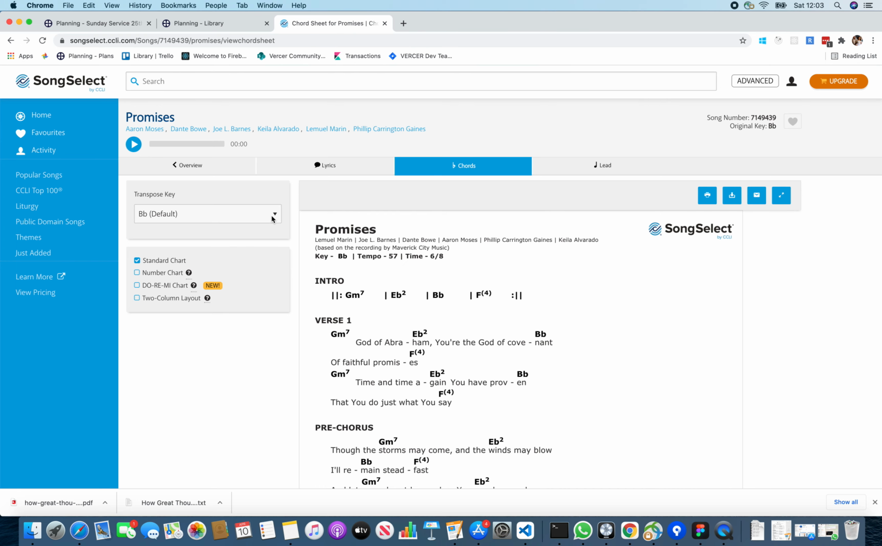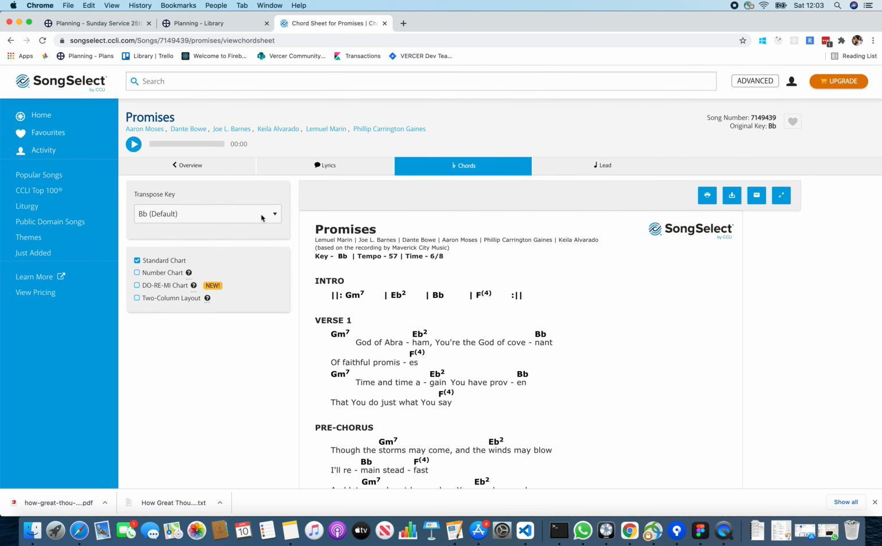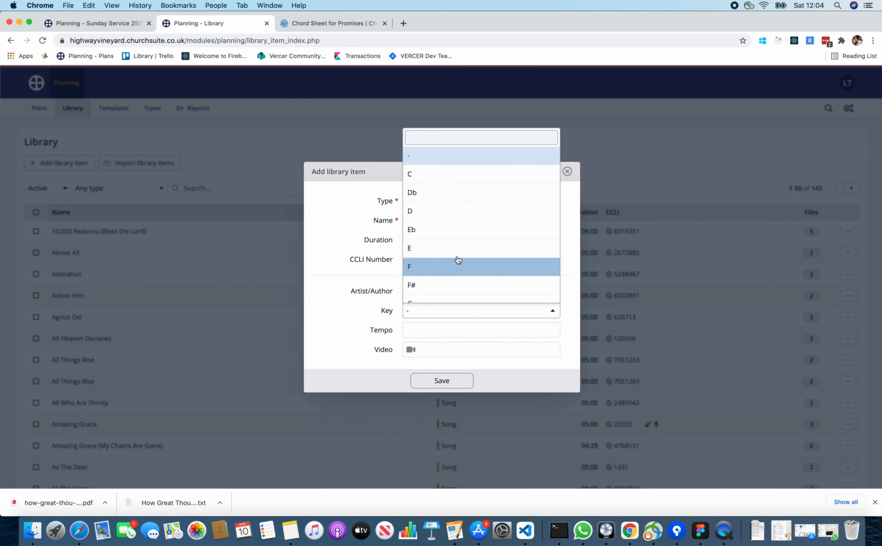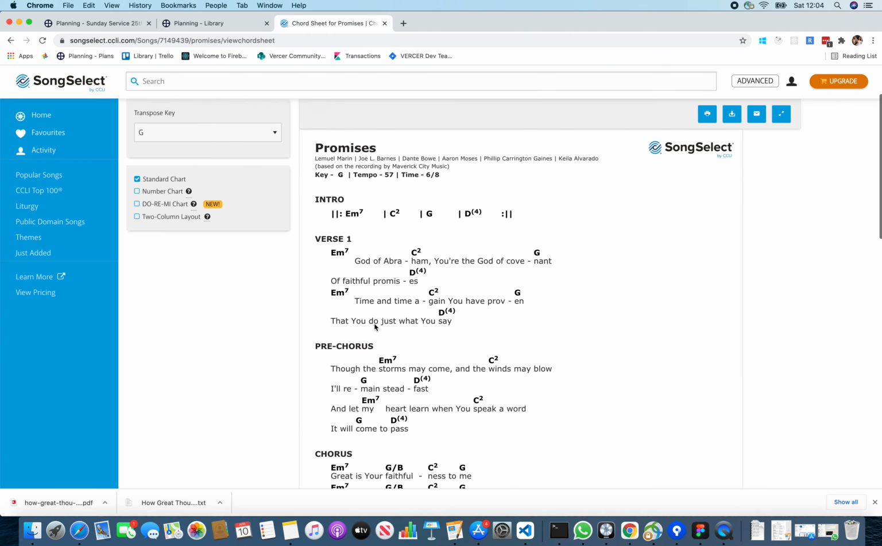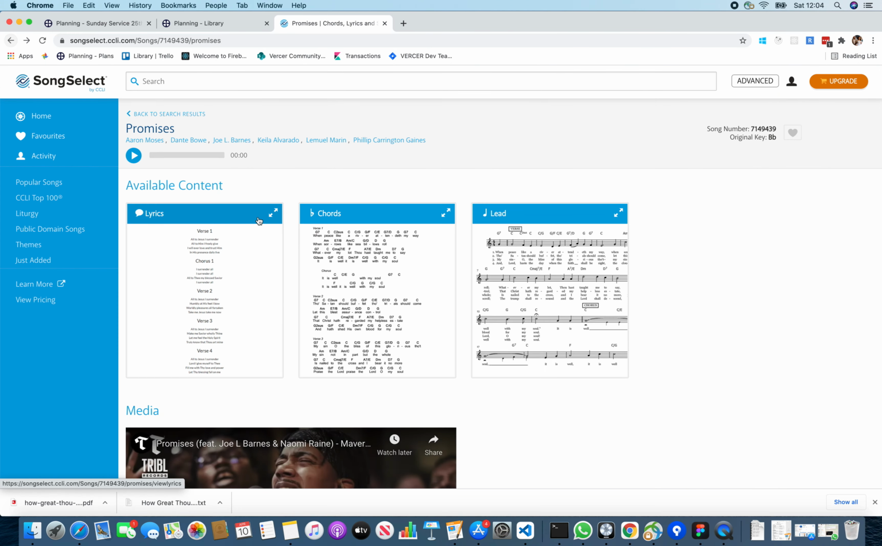If you already know, if you're a musician and you know what key you want to sing it in, I'd probably add it in that key. So let's just say we're probably going to do it in the key of G instead. Yep. And I would say I put G here. Leave the tempo blank, that's fine. If you want to, you can add the YouTube link as well. That was on the previous page, so